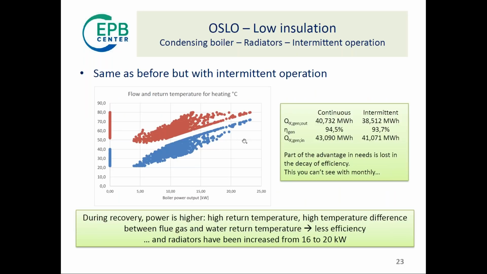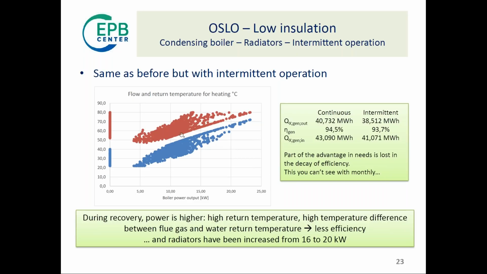And here you see also the consequence. Despite we had increased radiators, here you have all the data. What happens is that you have to run at a higher temperature. And during recovery, you're running at higher temperature and higher power. That means that your boiler is less efficient. So your efficiency is dropping down. And I can say that probably it's a little bit underestimated, the drop in efficiency of the condensing boiler because of